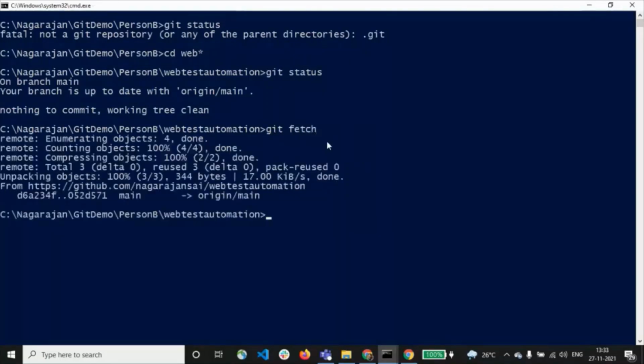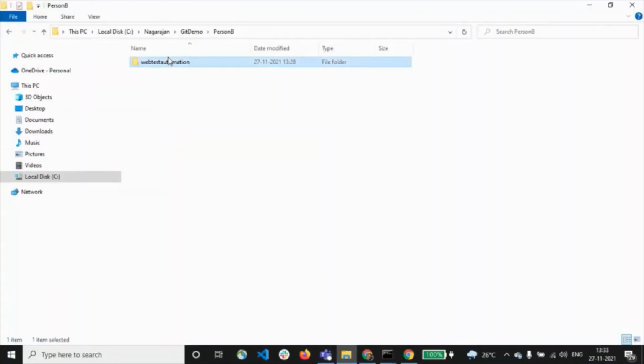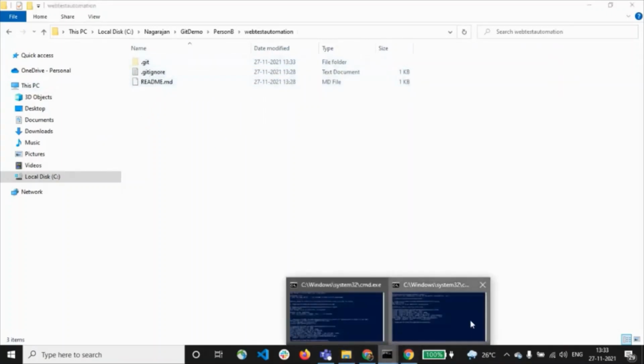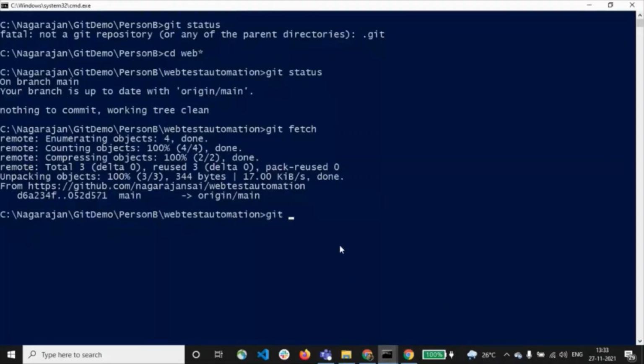Git fetch actually downloads the data, but it does not merge the changes. If you could see here, still we haven't got that file. So I'm going to put git merge.